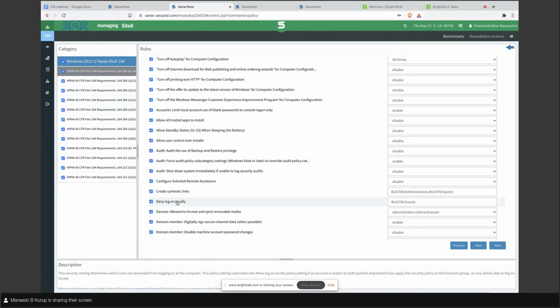If you look at this particular rule, it is talking about deny logon locally. That is associated with a group of users here. If you want to change this policy, that is customizable. Users should be able to put their own user groups and apply this against their organization.